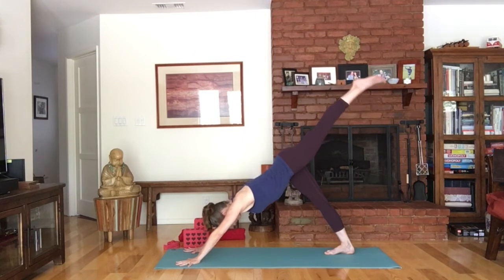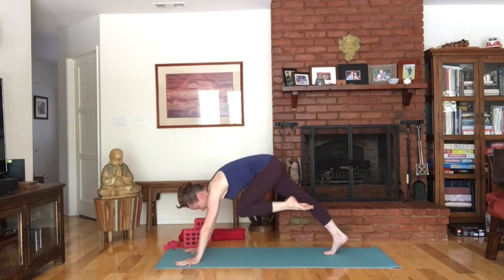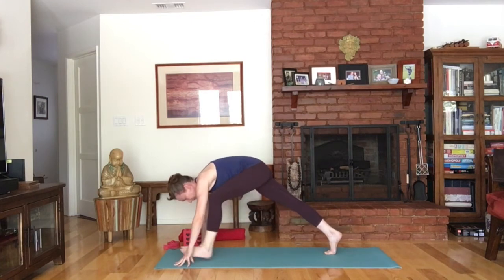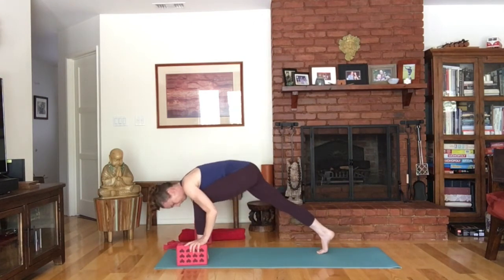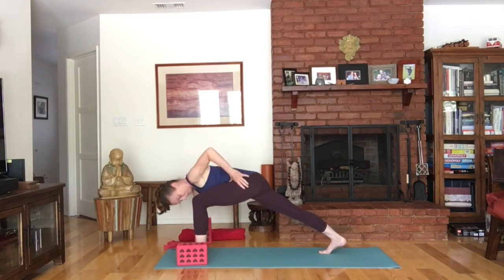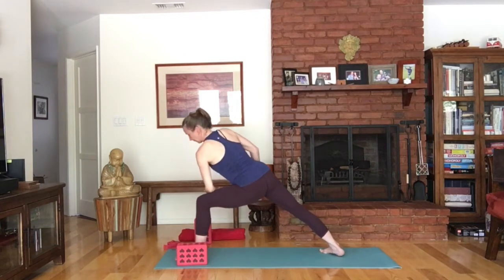Now inhale, raise your left leg behind you. And exhale, step the foot through. Take your time to get the alignment correct. Left knee above the left ankle. You can use a block there by the outer left ankle. You can also use your left thumb to the left outer hip, pin it in, set the back foot flat,